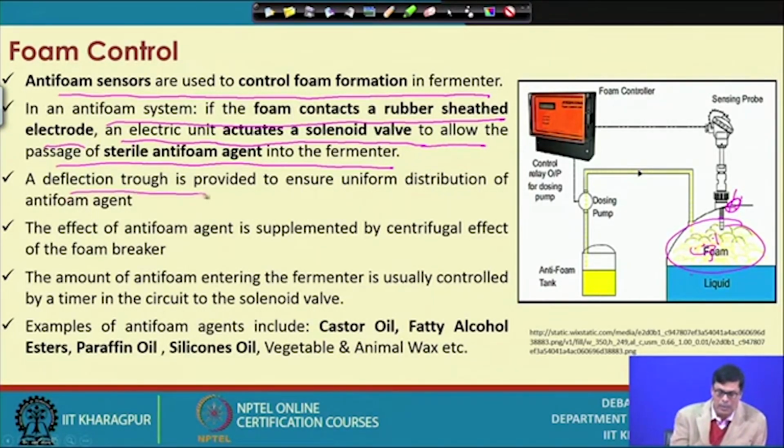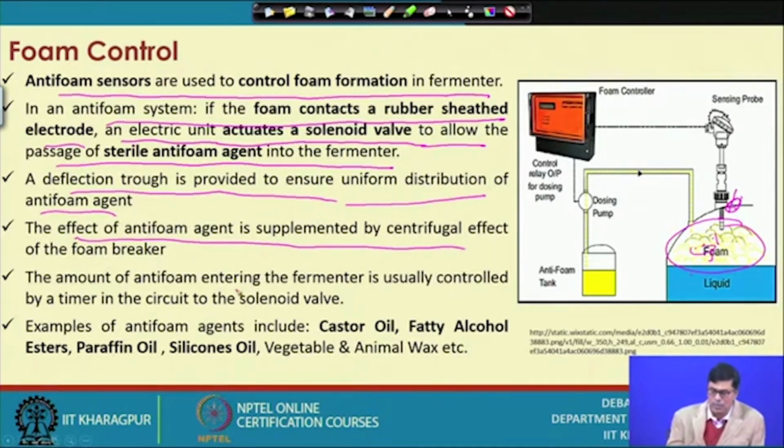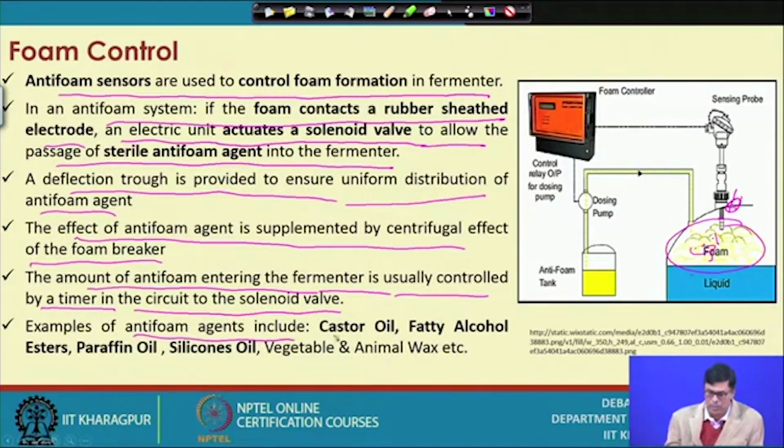A deflection tuff is provided to ensure the uniform distribution of the anti-foam agent. The effect of the anti-foam agent is supplemented by the centrifugal effect of the foam breaker. The amount of anti-foam entering the fermenter is usually controlled by a timer in the circuit to the solenoid valve. Examples of the anti-foam agent include castor oil, fatty acids, alcohol ester, paraffin oil, silicone oil, vegetable or